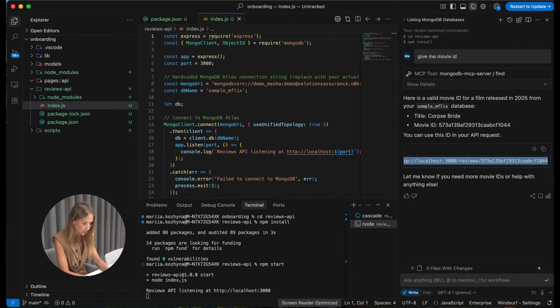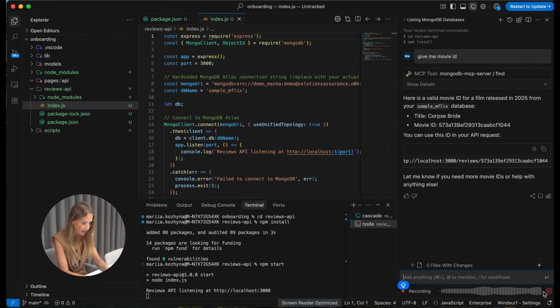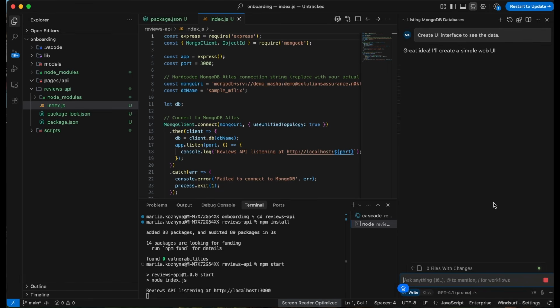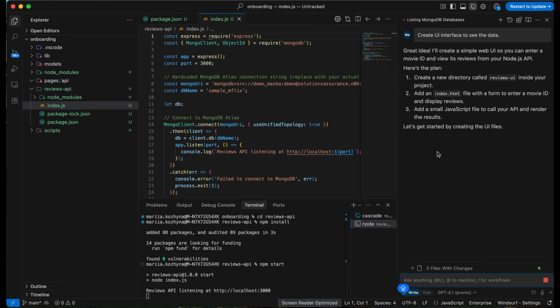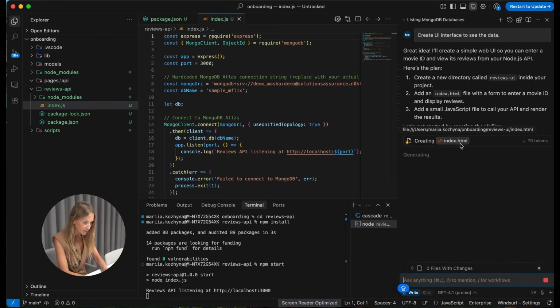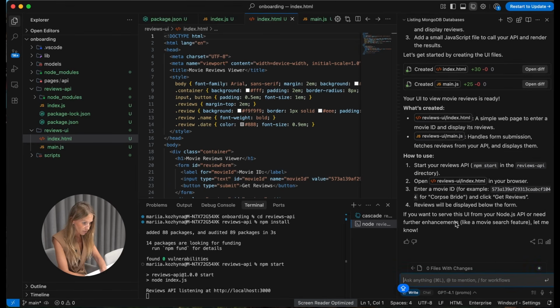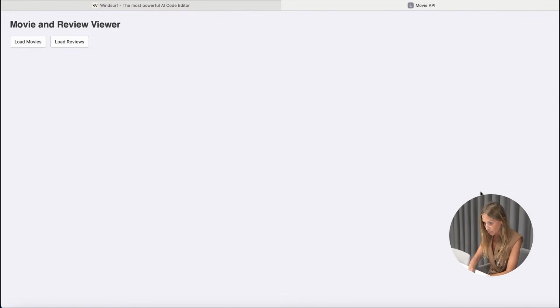But let's also do some UI to receive data in a better way. Create UI interface to see the data. As you see, the agent creates a new index.html file that will serve as the front end for our application. And it updates the server.js file to serve this page when we visit the main URL. Now we can restart the server,